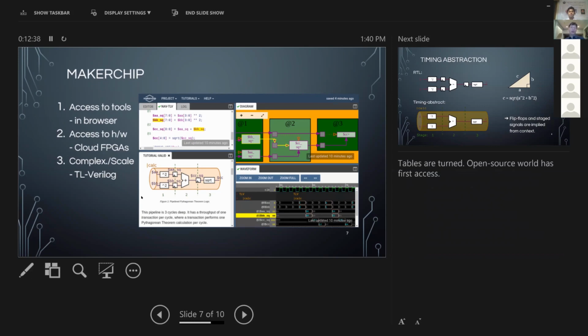So this platform is targeting, breaking down all these barriers that I just mentioned to the open source community. So obviously access to tools, you just go to a URL and you're right there designing hardware. Access to the hardware. As I mentioned, cloud FPGAs are important, and the idea is to incorporate cloud FPGAs into this platform as well. It's not there yet. It'll be a while before it's in place, but the idea here is just to add